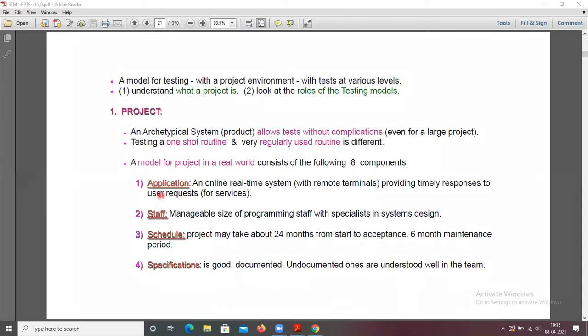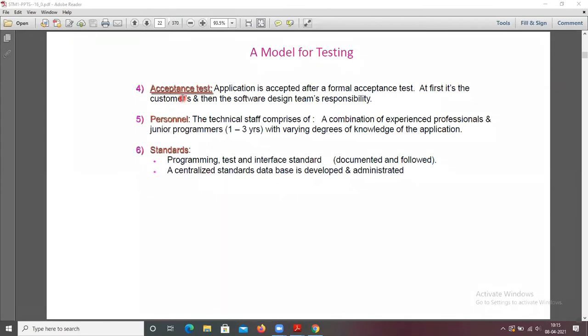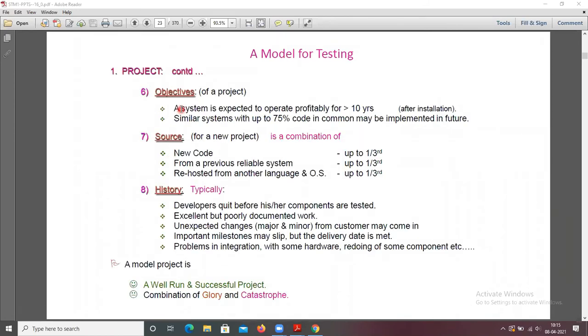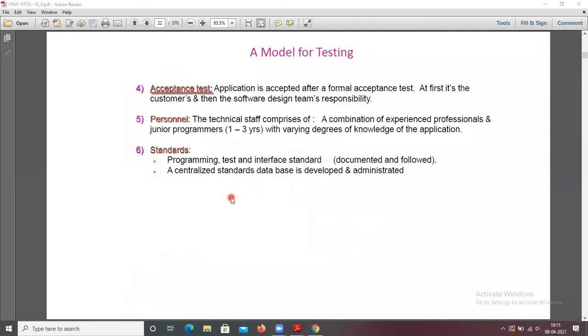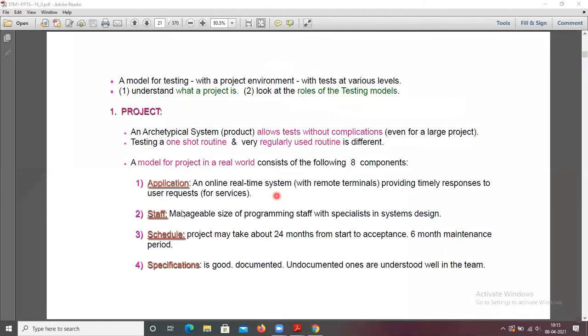One is application, second is staff, third is schedule, fourth is specifications, then acceptance test, personnel and standards, and objectives, source and history. So coming to application.